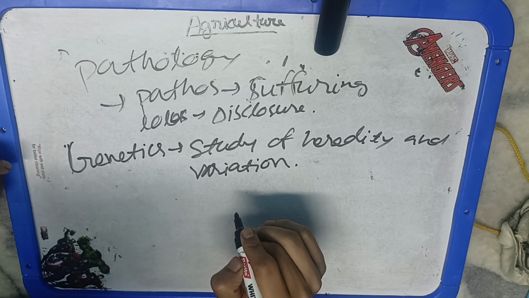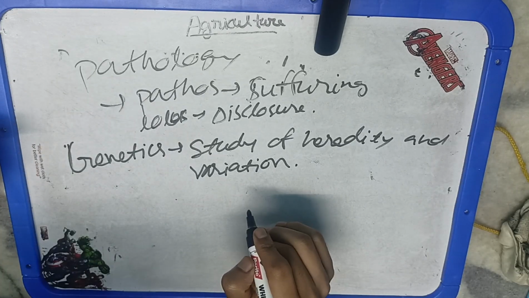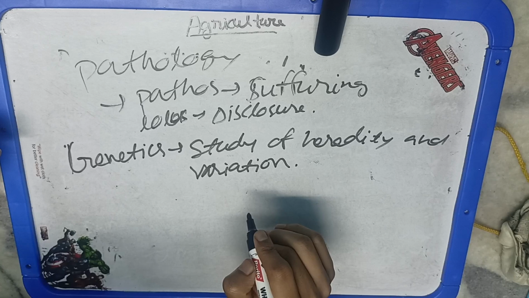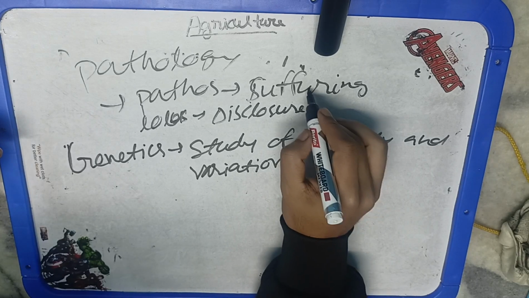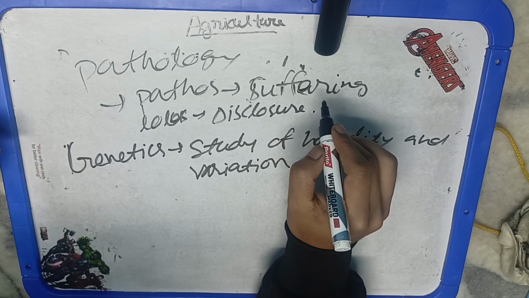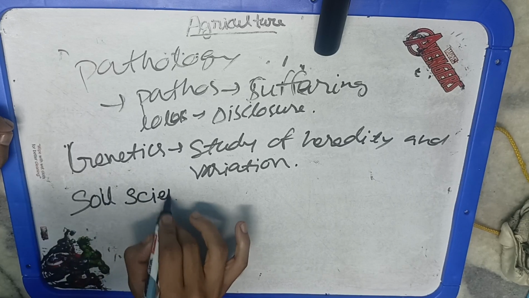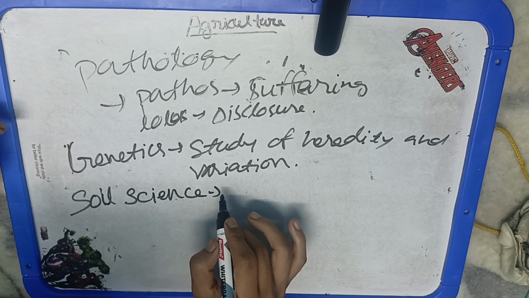We are not a direct copy, or we cannot say that we are exactly resembling our mother or father. Somewhat we are resembling. So somewhat means there are some variations. So we are studying all those variations and this process under genetics and plant breeding. Plant breeding is the manifestation of genetics laws for plant improvement. Improvement means creation of new varieties.